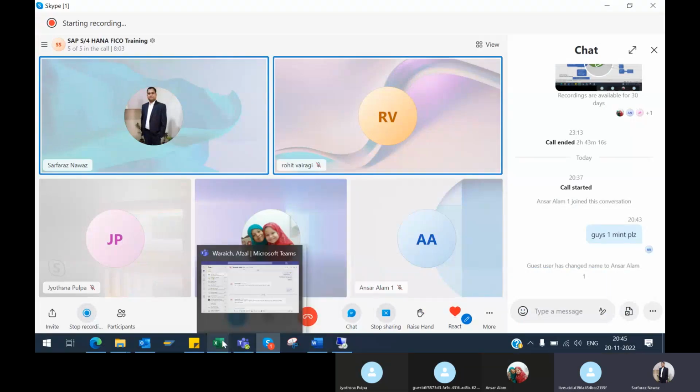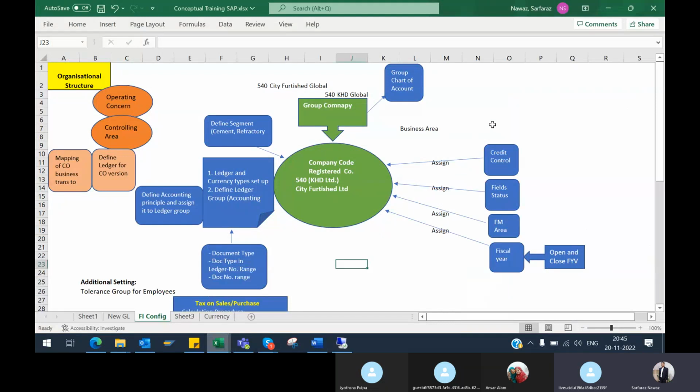So in our previous class, we have done the configuration: the company code, group company code, register company code. We assigned and created the credit control area, and the FM area, financial management area. Fiscal year we did not create yet. We have to create it now, and then we assigned all this